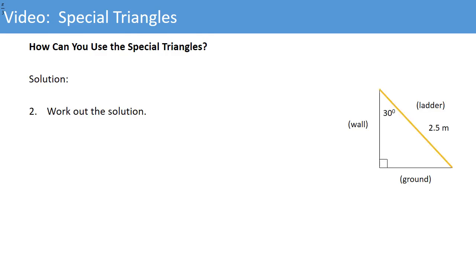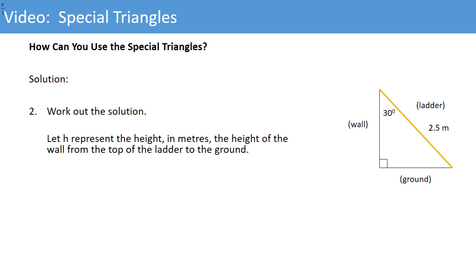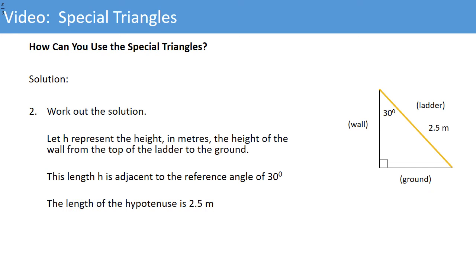Now, let's work out the solution. Let h represent the height in meters of the wall from the top of the ladder to the ground. The length h is adjacent to the reference angle of 30 degrees. The length of the hypotenuse is 2.5 meters. So, adjacent over hypotenuse would be cos. So the cos of 30 degrees is the length of the wall divided by the length of the hypotenuse,